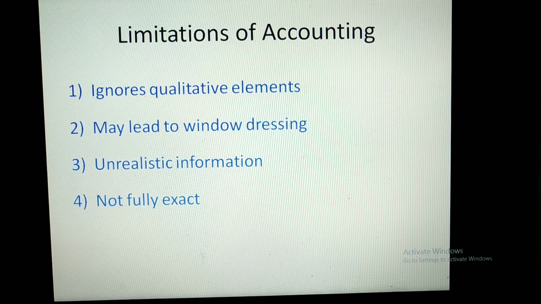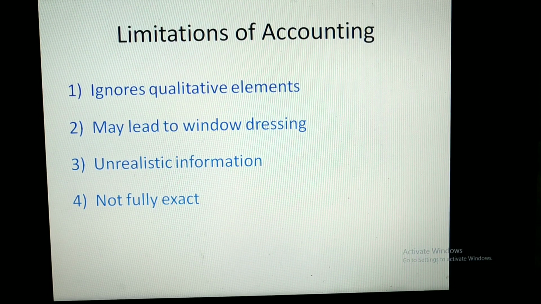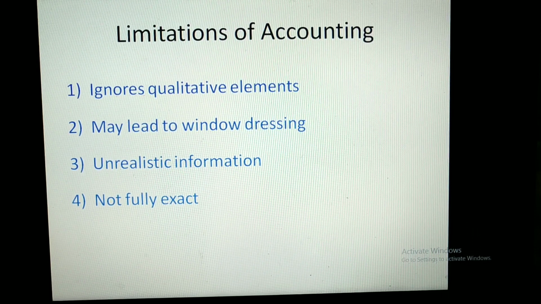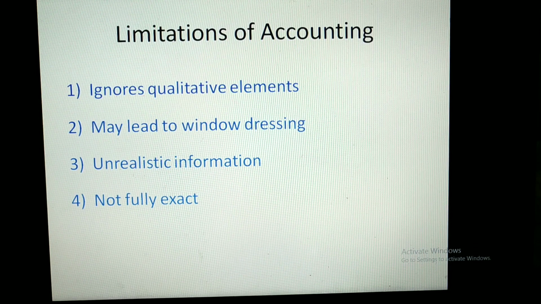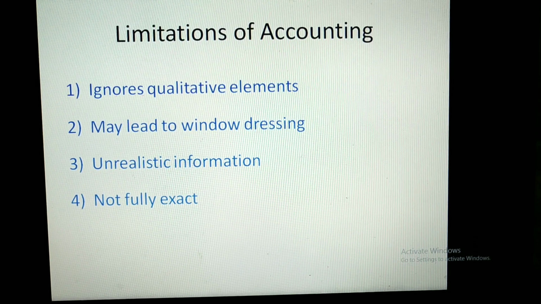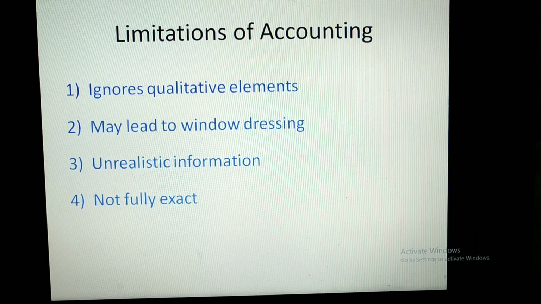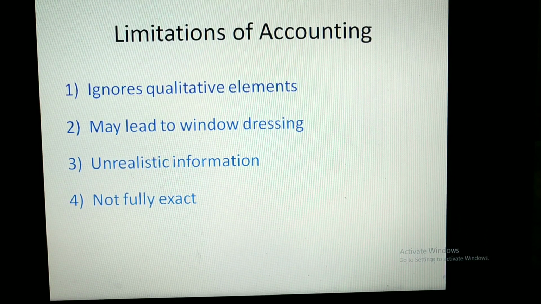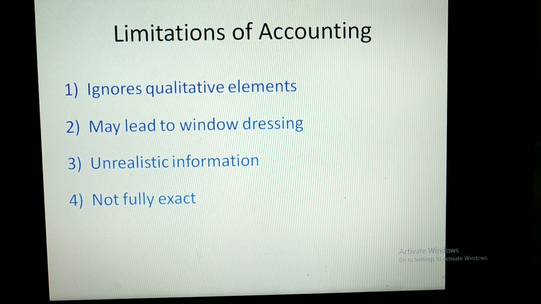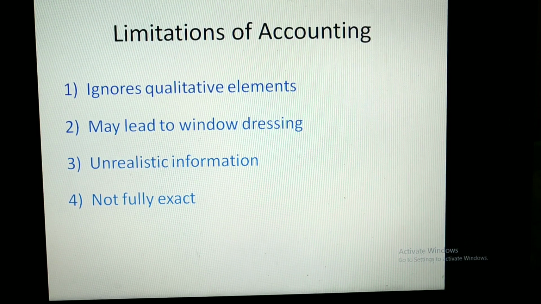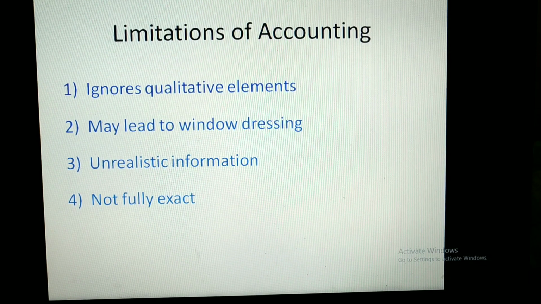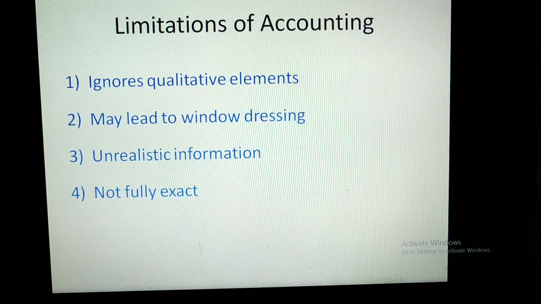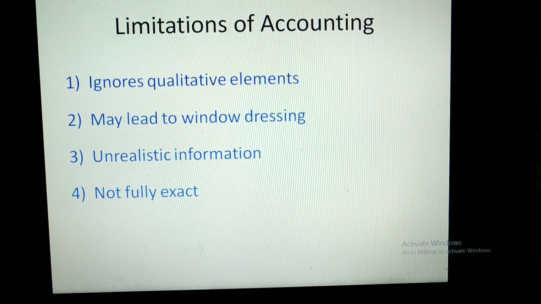The fourth point, that is, accounting is not fully exact. Accounting is not fully exact in spite of the fact that most of the transactions are recorded on the basis of evidence. We might have to use some estimates for ascertaining profit or loss. For example, estimating the useful life of an asset, or providing for doubtful debts or net realizable value of closing stock, etc. These are some examples because of which our estimates that we have determined could go wrong. So finally, these are the topics that are included in System of Accounting.